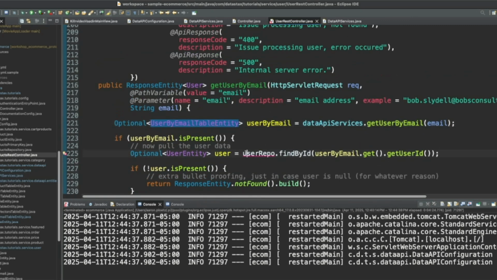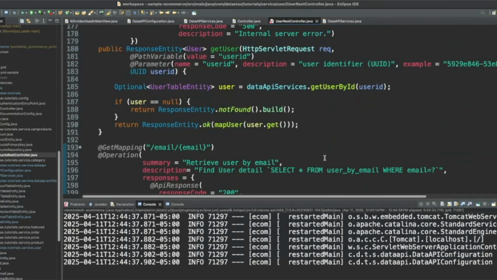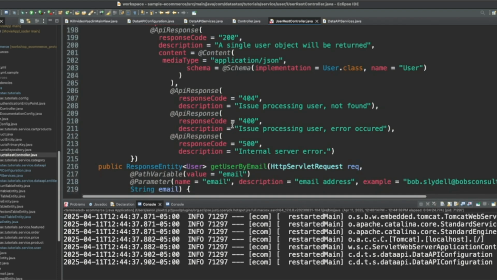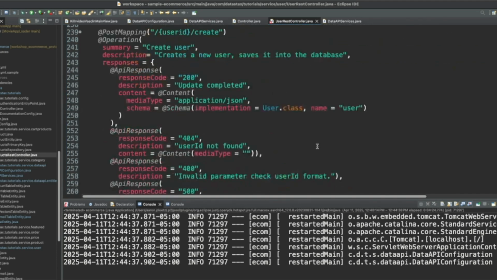And then next issue we have is with the user repository, find by ID. And this is just get user by user ID right there. And user table entity. All right.